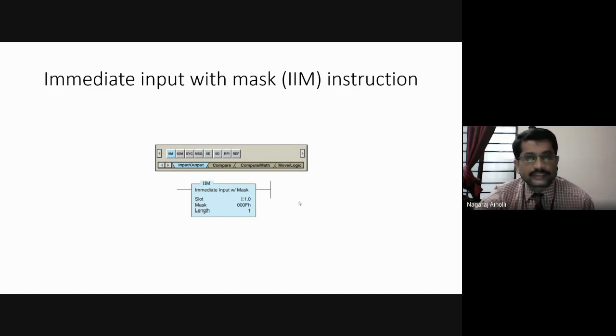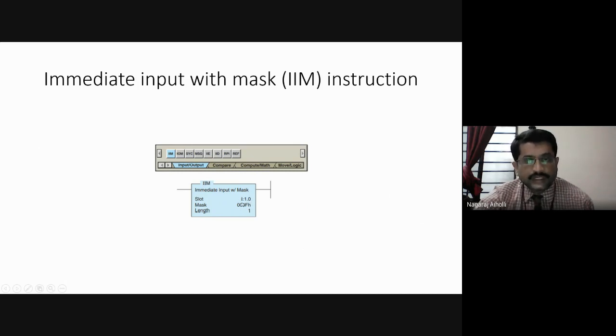We are familiar with this convention, right? Naming: a bit is a single bit, either 1 or 0, a nibble means 4 bits, a byte means 8 bits, and a word means 16 bits. It is 16-bit data, that is input slot 1 in the rack, and then word 0 in slot 1 of the rack of the PLC.